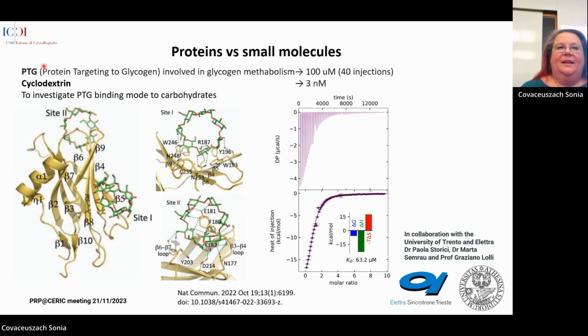Fortunately, the protein sample Marta prepared was a very good one, very soluble. She could reach a concentration of 100 micromolar, which we could load in the syringe. In the cell, we put cyclodextrin at a concentration of 3 nanomolar, and by 40 injections of 1 microliter, we could get saturation and see that only one of the sites was a physiological one, with a KD of around 60 micromolar for an interaction that is mainly